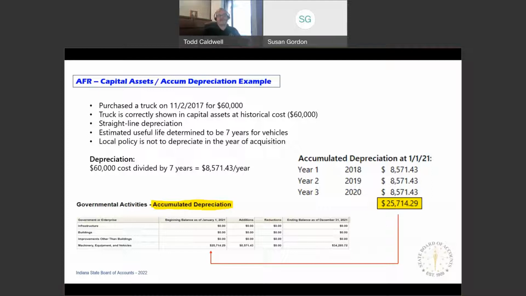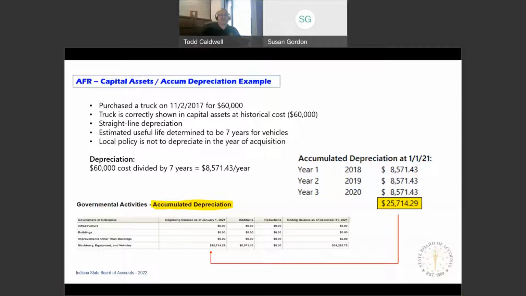So whether you bought it on November the 2nd or January the 2nd, if that's your policy to fully depreciate 1 year, the year that you buy it, you can, or you can choose not to. And I've seen some that get a little complicated, and they'll say if we purchase an asset after July the 1st, we'll take a full year, and if it's before July the 1st, we won't, or some kind of combination. I think it's just easier to say we're either going to depreciate a full year the year we buy it, or we're not. So in this case, we're not depreciating it in 2017.